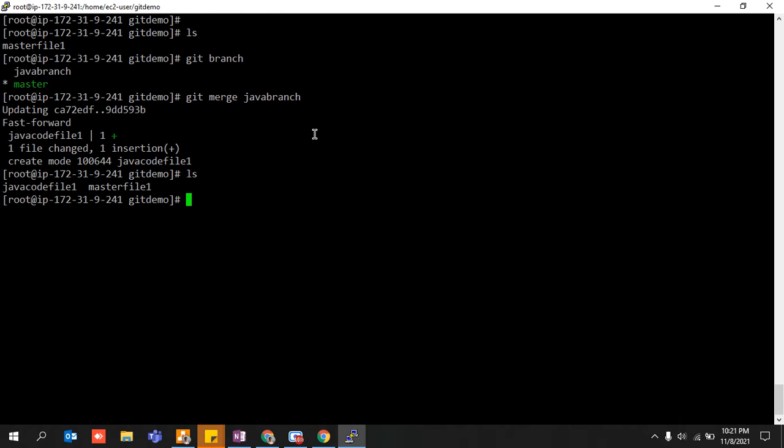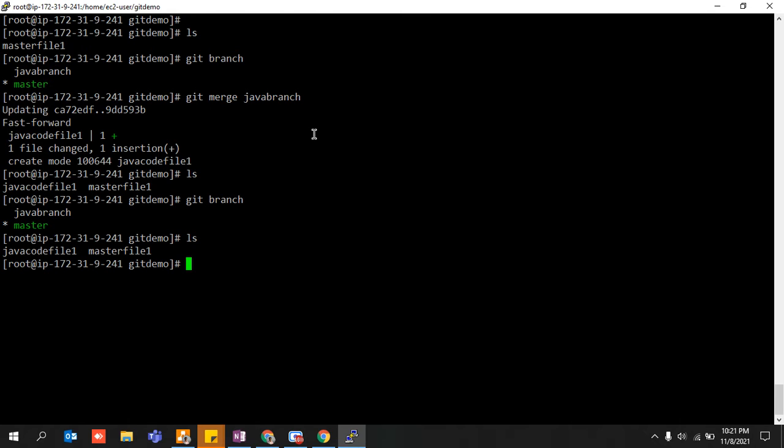I just simply wrote my code and then I'll merge it. So this was the whole thing you needed to understand about how your branches are merged, right? So again, if I do git branch, I want my master branch. These are the two files that were available to me. Let's create another branch.